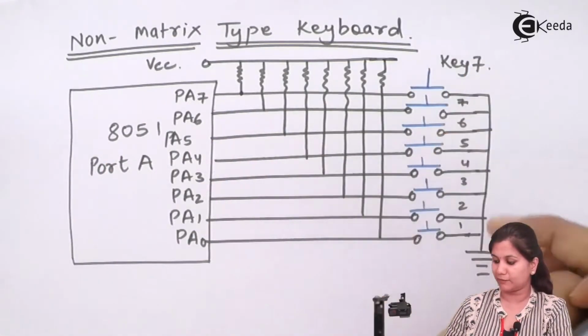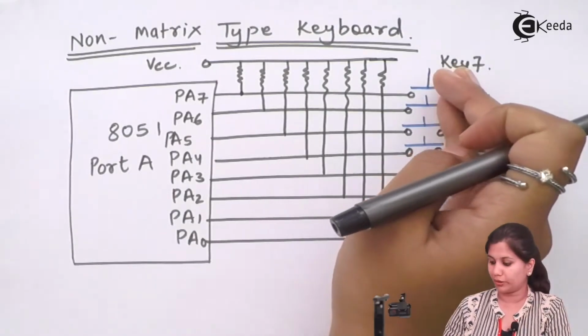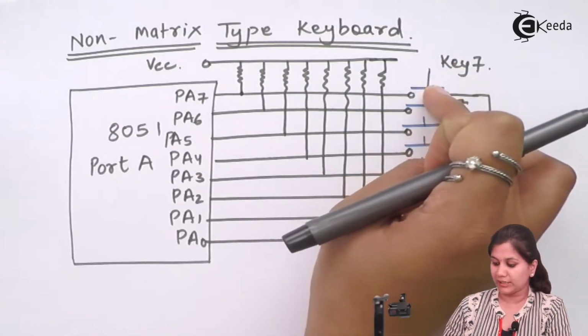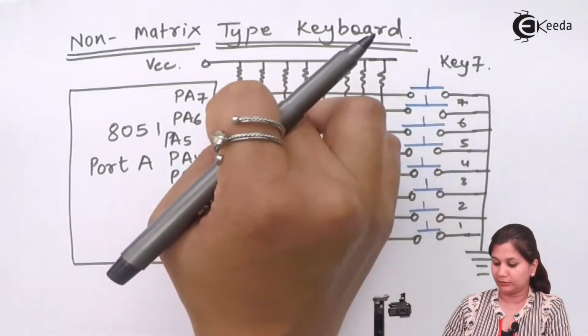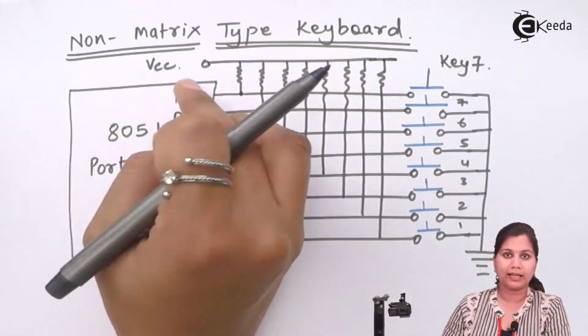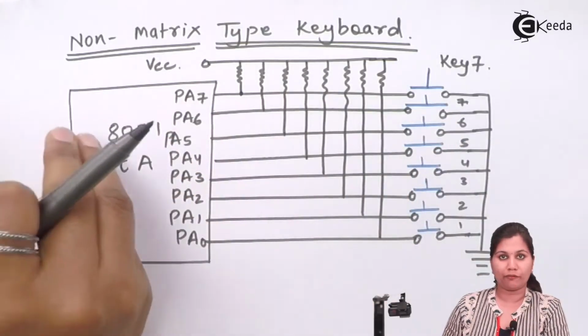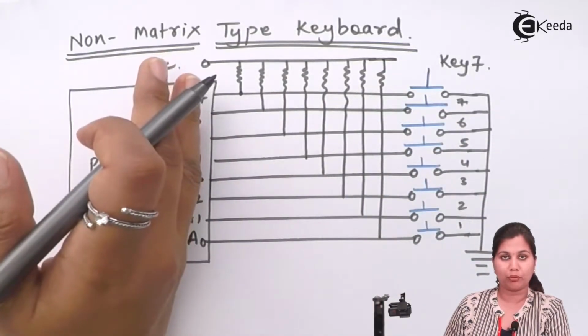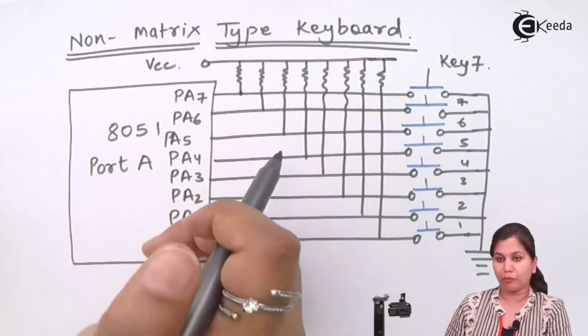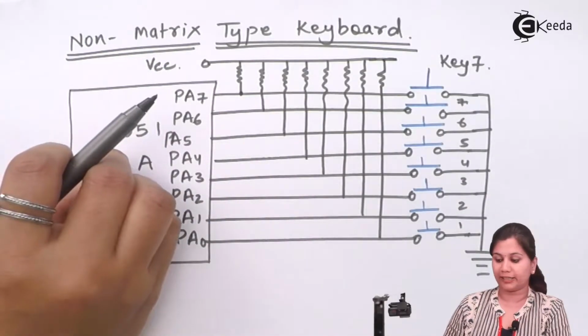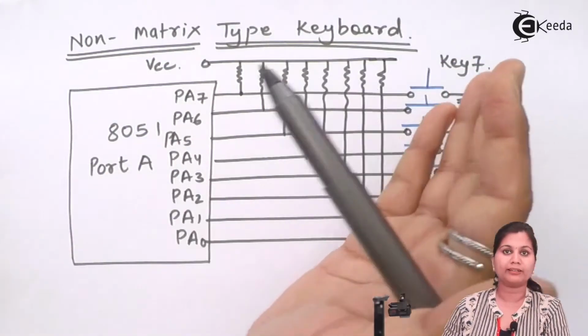There are 8 keys from 0 to 7. Whenever any key is pressed, you can see that those port lines will get activated. So in this way, whenever the 8051 reads its port, according to the data it gets at that port, it will identify which key